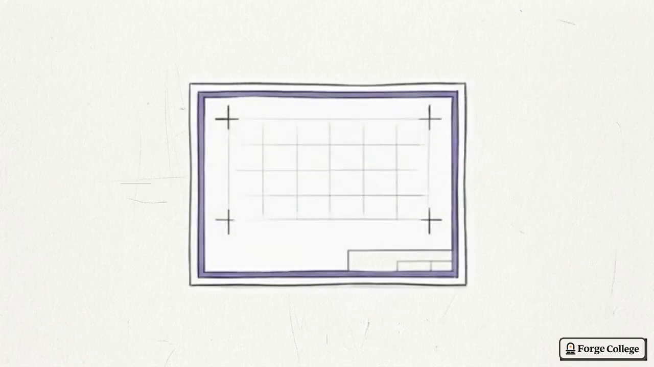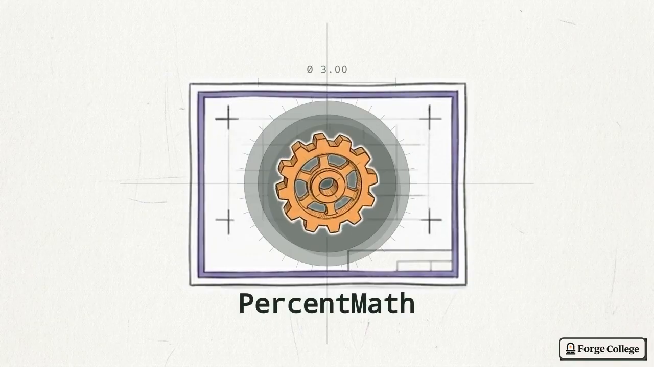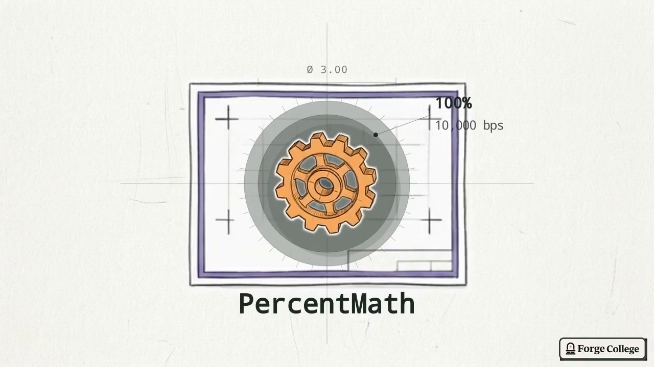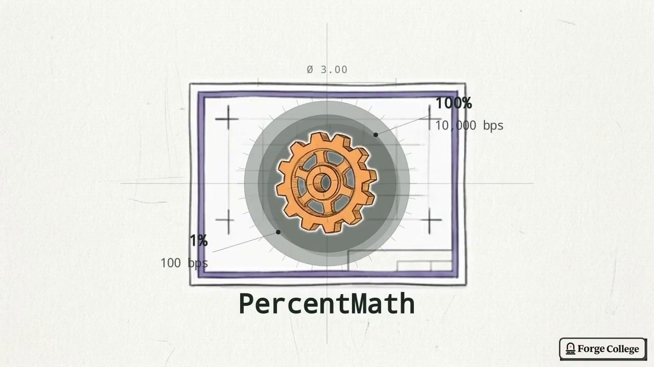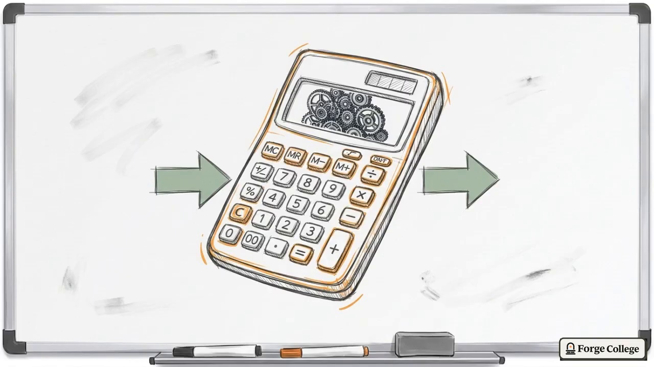This diagram shows the specific library we are going to build today. We'll call it PercentMath. Its entire job is to handle percentage calculations safely and accurately. This library is what we call stateless, and it uses pure functions. That means it holds no memory and saves no data to the blockchain. It simply takes the numbers you hand it, runs the math, and hands you the result, just like a pocket